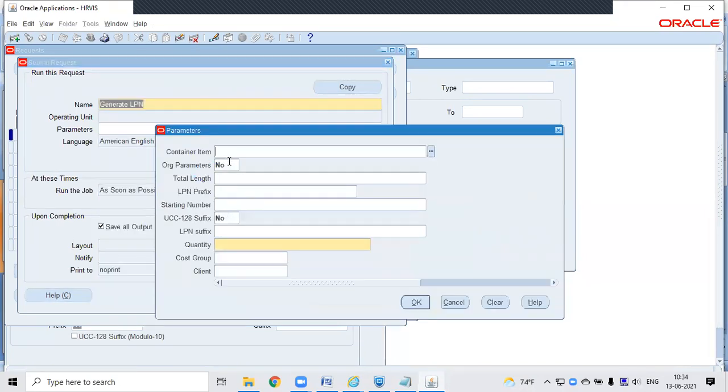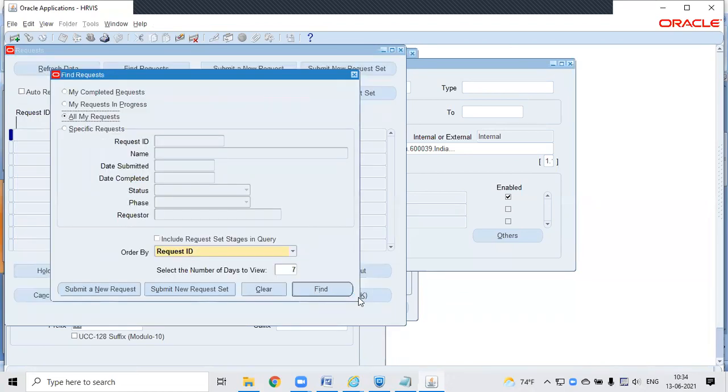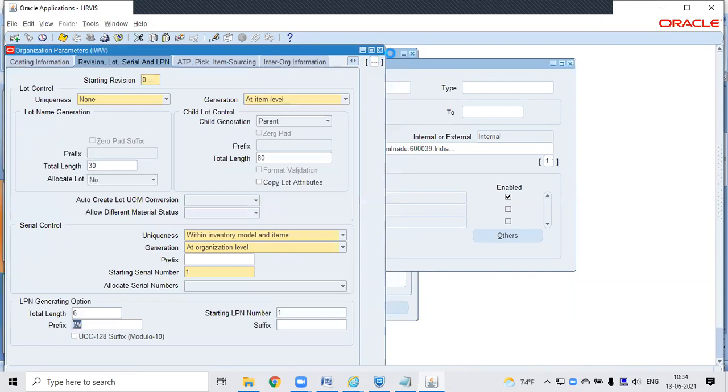Yeah, you can create any type of LPN, and you call it a pre-generated LPN. We can keep it with you, and when you do the manufacturing process, you can pack your items in that LPN. Then that prefix may be a different one. This is like the lot number. If you press Control G or auto lot number, it will default the lot number based upon your setups here, like predefined or starting lot number or end lot number. But you can also manually enter the lot number, and you can enter any lot number in your system.